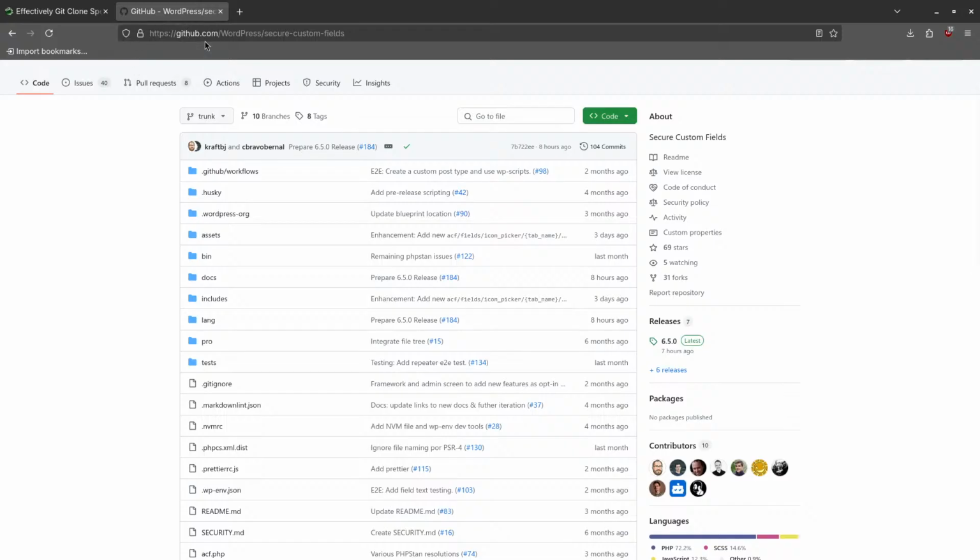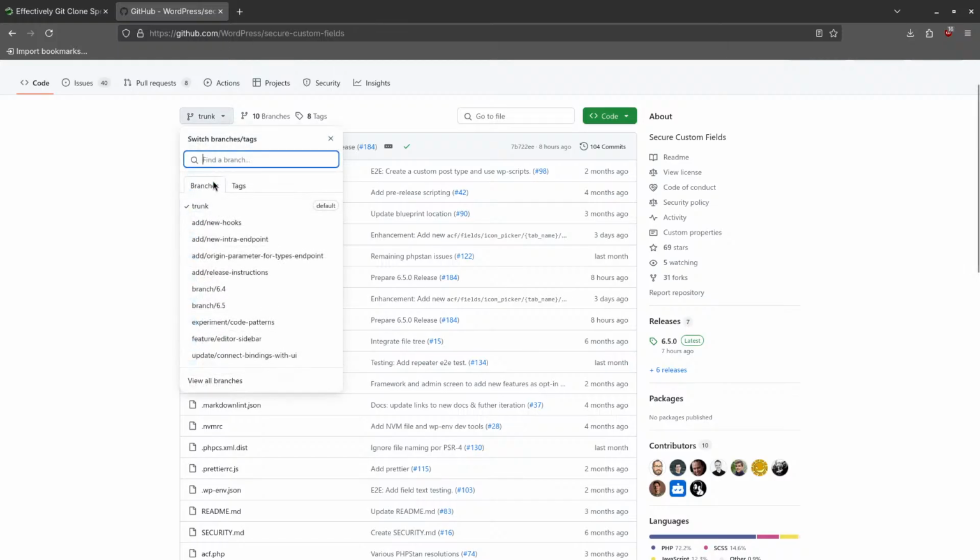So this is the repository I used. I said you can find any repository to test. Just make sure it has branches, so you can test on different branches. So for example, if I want to test on this branch or this branch or this branch, I could have tested on all of them. Or tags. You see, I showed you how to grab specific branches. Like for example, we're using the trunk. You can also do